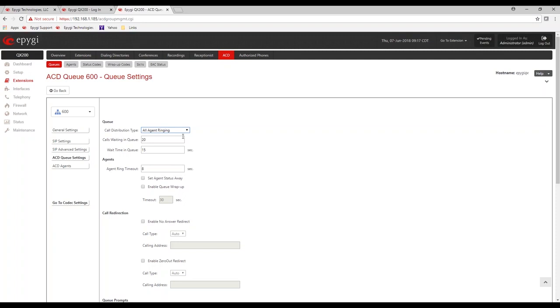So, all right, first we'll go to the extensions tab on the left-hand side, and at the top we'll click on ACD. And the first thing we want to do is create a couple of queues. So I'll click Add, and we'll configure the sales queue, and I'm going to make it extension 600. All right, and then